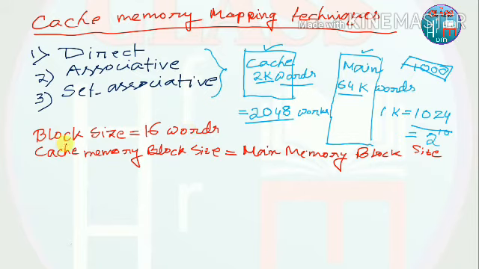Clear? So if a block consists of 16 words, that means your cache memory